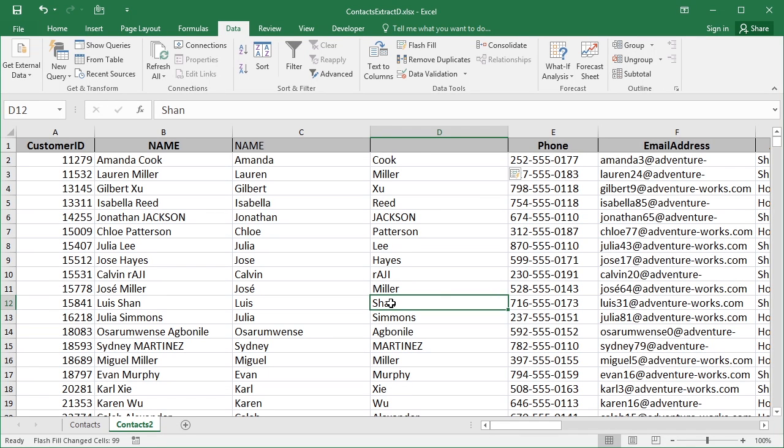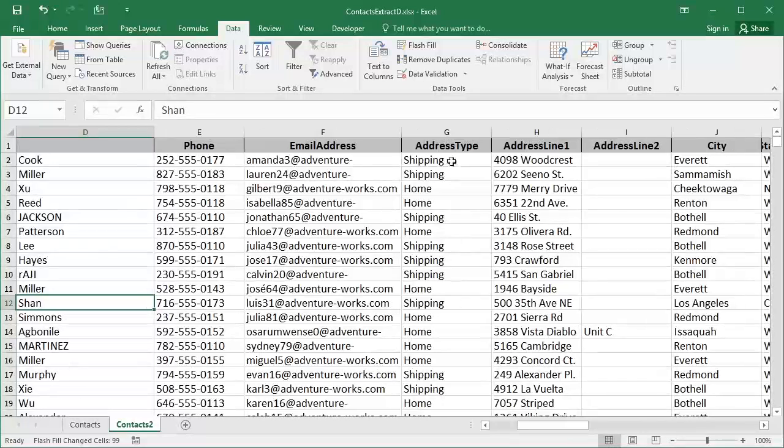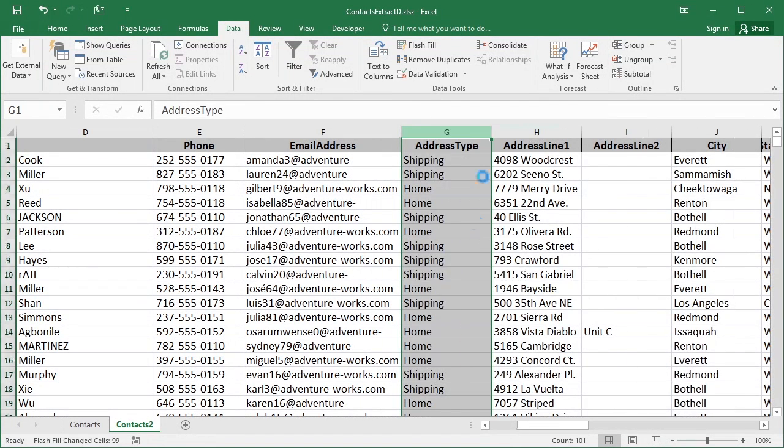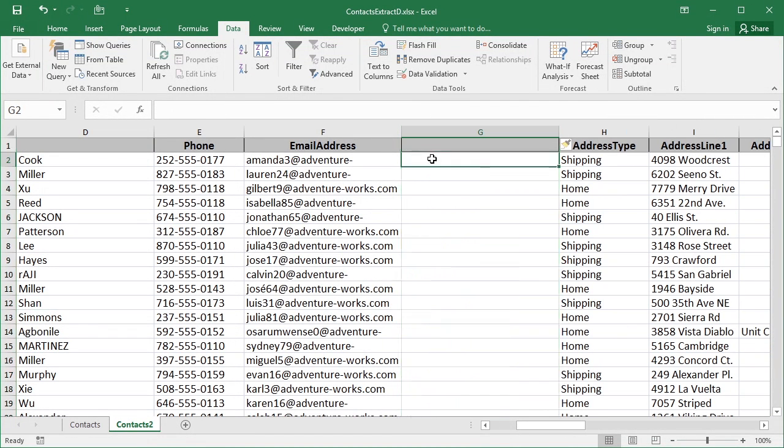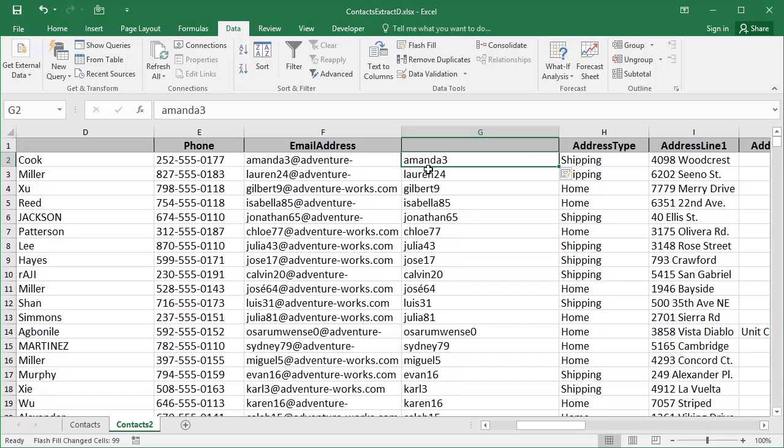There's no functions involved, so I don't have to do copy and paste special to get the values out of the function. It's just spotted the pattern I was trying to achieve and made the split for me. That flash fill is absolutely fantastic. Just watch it in action up here. If I insert another column here, what I'm trying to do here is split out the Amanda 3 and the Lauren 24, so the prefix on the email address. So if I do the first one, Amanda 3, and then go to flash fill,